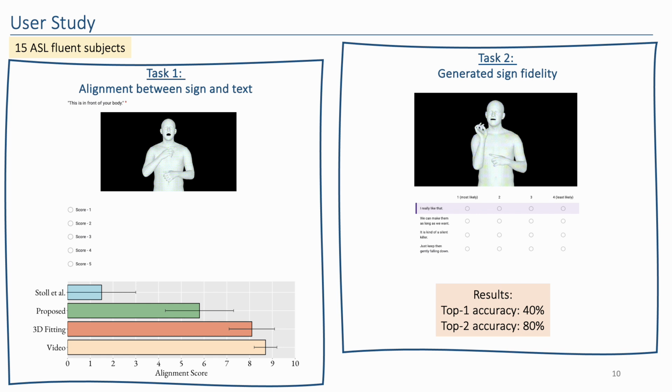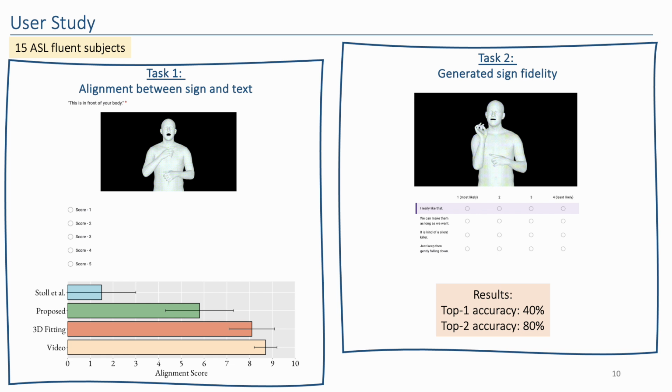For the first part of the user study, we presented 15 different generated signs from both the proposed and baseline methods alongside the ground truth video and its corresponding fitting. Participants were asked to assign a value between 1 and 10, rating the alignment of each method with the corresponding text transcript. As expected, the ground truth videos achieved the best average score of 8.7, while the fittings achieved slightly less with 8.1, which quantifies the high quality of the generated annotations. The proposed method achieves a respectable average score of 5.8, whereas the competing methods failed to achieve reasonable results.